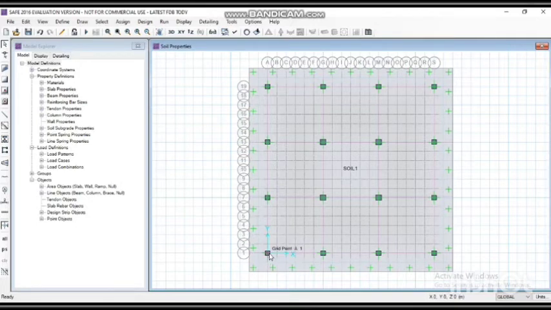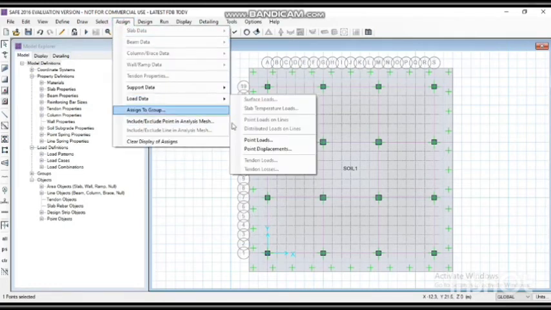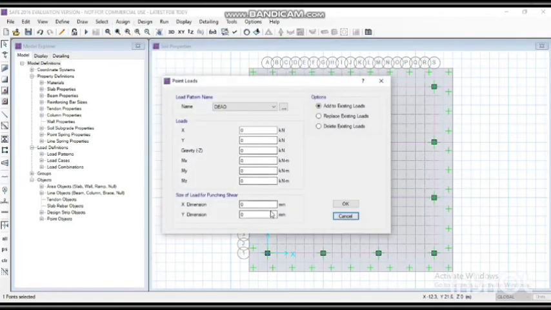Click on the center point of first column, then go to the assign menu. Make sure that one point is selected at top left corner, bottom left corner. Then go to the load data, point loads and name it as dead load first. Change the value under gravity minus x.